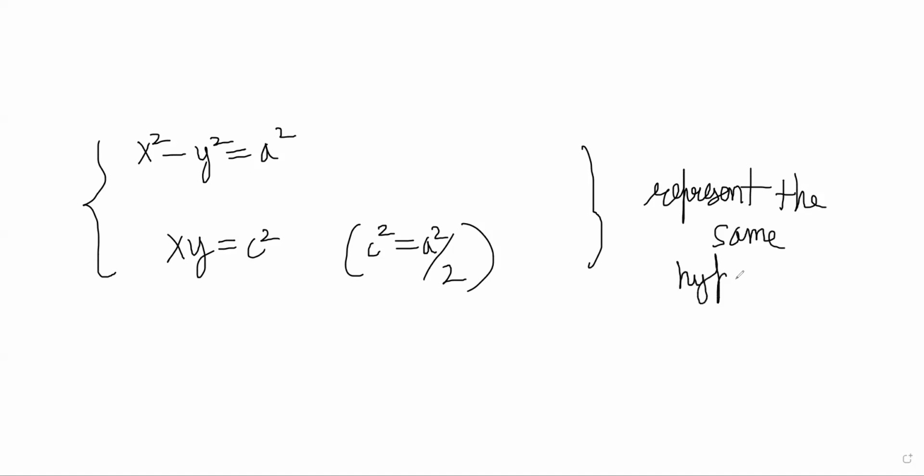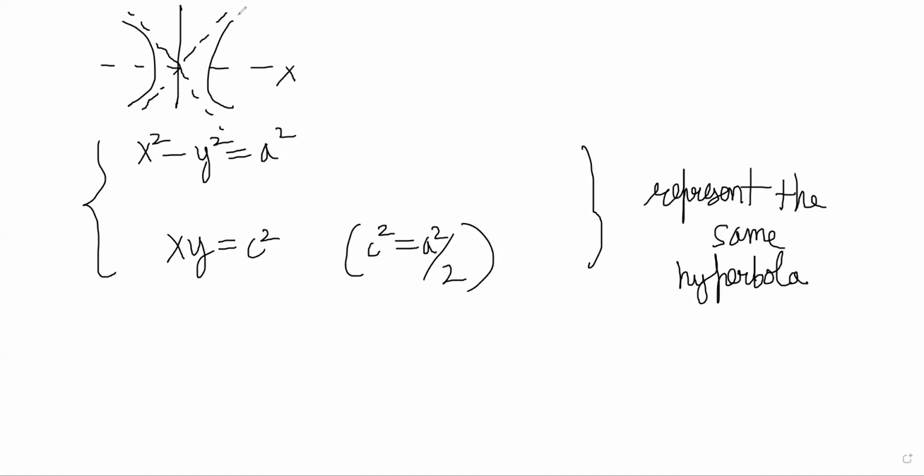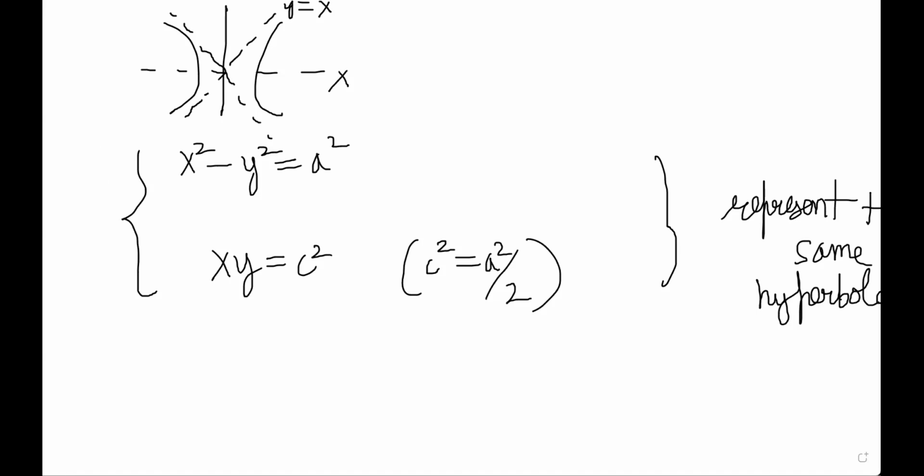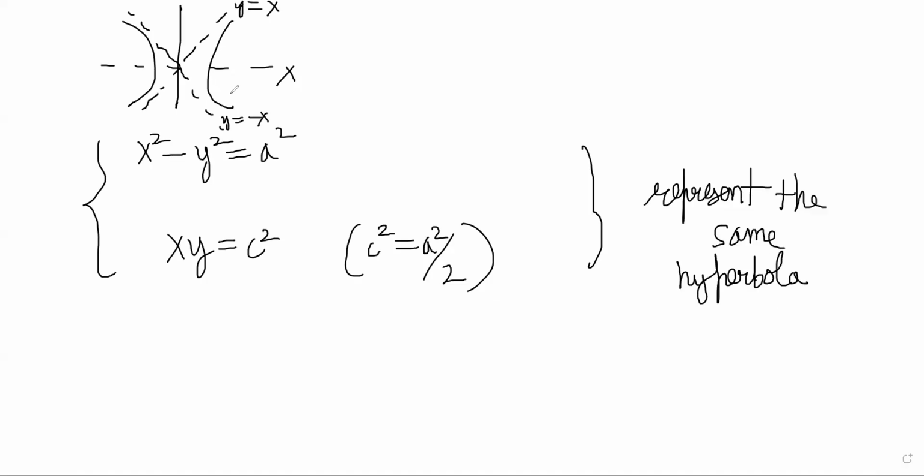The only difference between the two is that here the asymptotes are the lines y is equal to plus minus x, and my y-axis and x-axis are like this. y is equal to x is my asymptote, and this is y is equal to minus x. This is the normal rectangular hyperbola graph. But after rotation, you will get a new situation where asymptotes are,